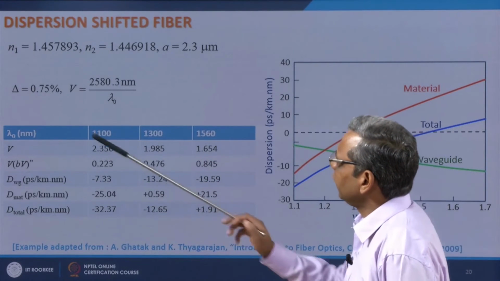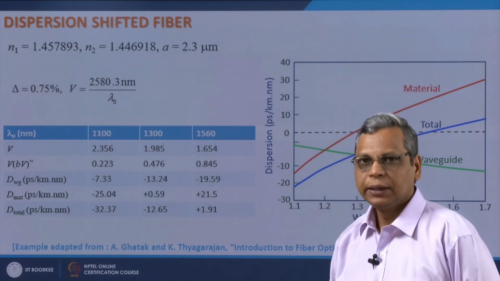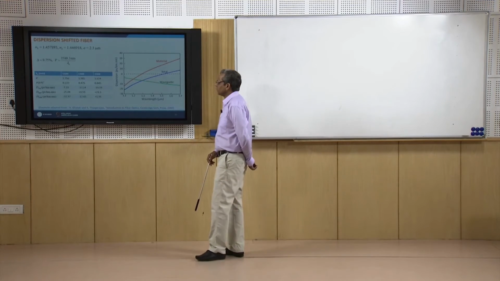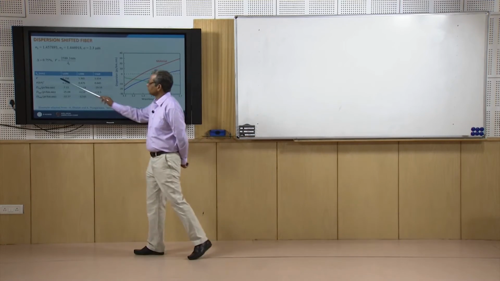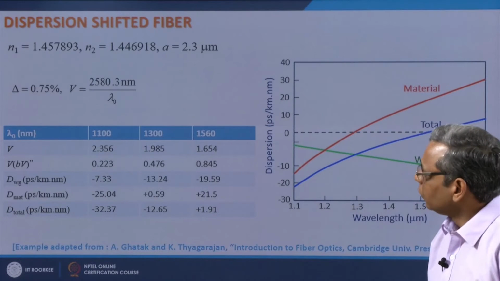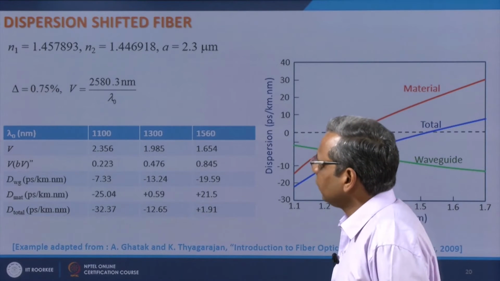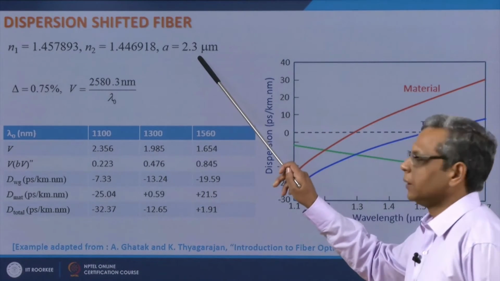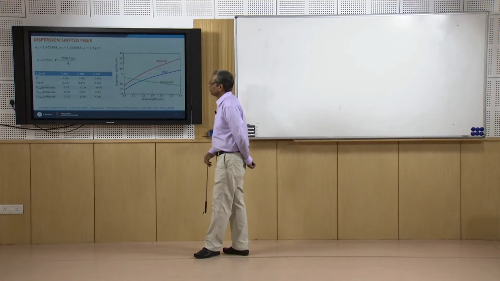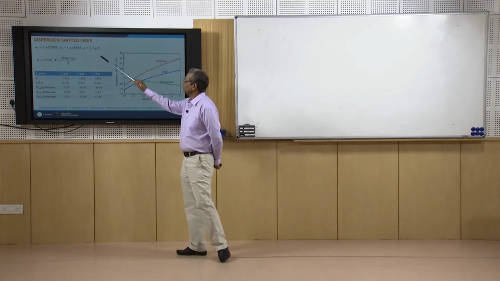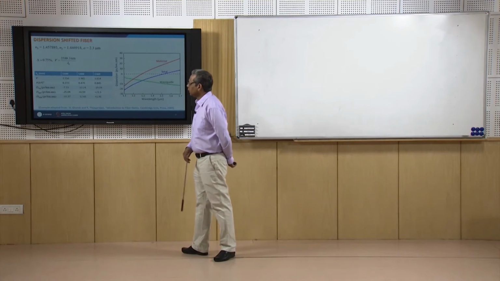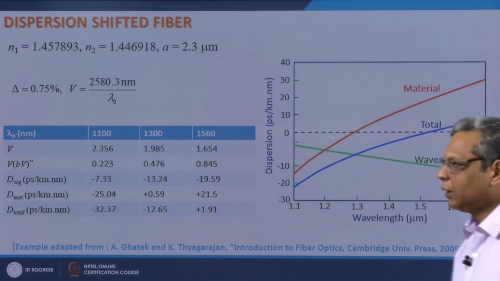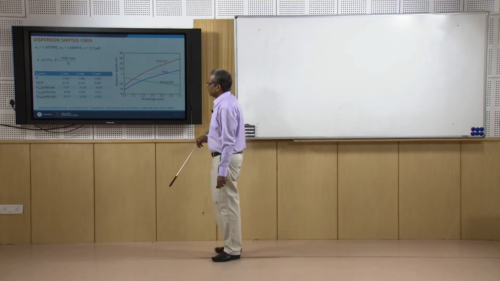which gives you delta about 0.75%. In a conventional single mode fiber, this delta is about 0.27%, now it is 0.75%. So, to keep this fiber in single mode domain itself with this enhanced delta, I decrease the radius of the fiber from 4.1 micrometer to now 2.3 micrometer. Then V can be given by this, and if I analyze this fiber over several wavelengths, then I find that